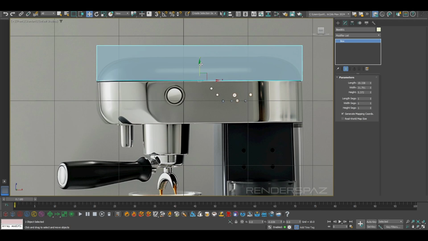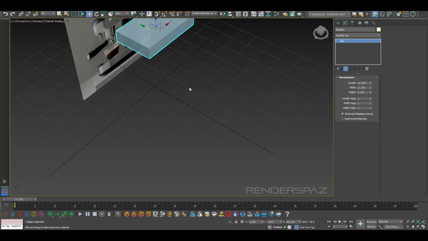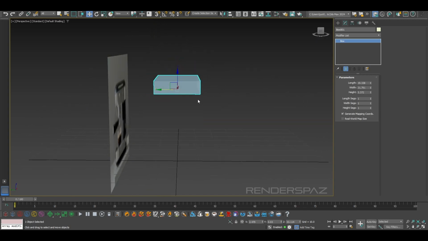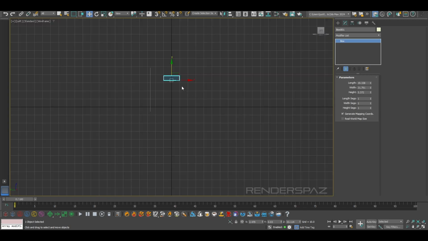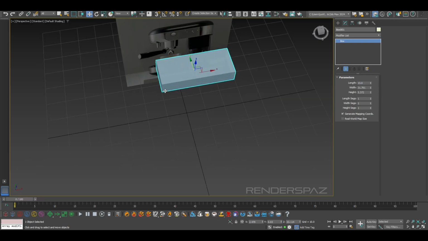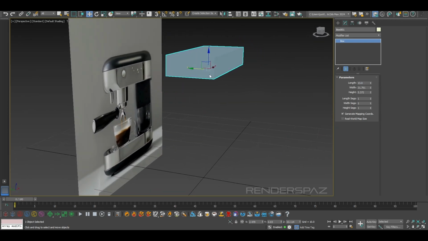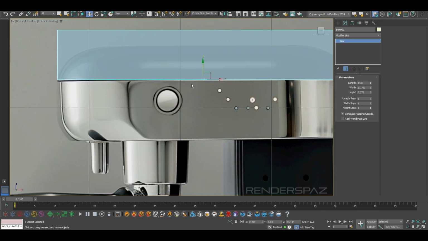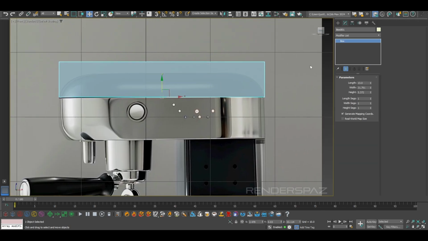Now, the thing with this reference image, it's got a little bit of a perspective to it, but I'm just using this as a guide more or less than worrying about if it's an orthographic image or not. So we're just going to try to guess some of the height and the length of things. Okay, so once we have a rough shape like this, we can now start to,